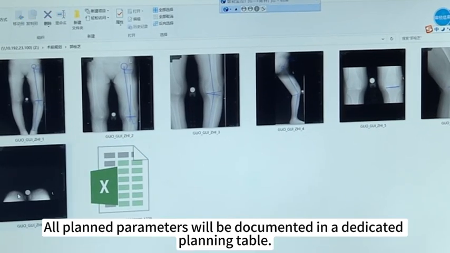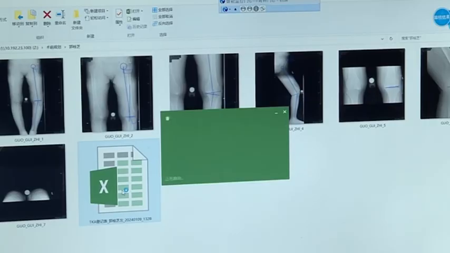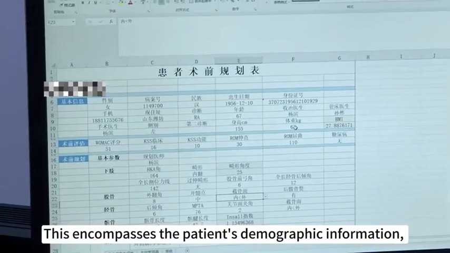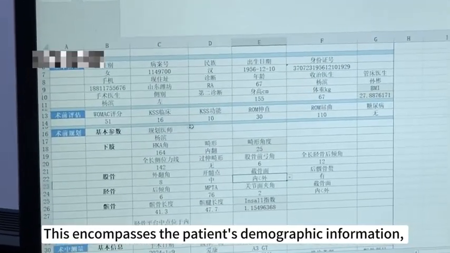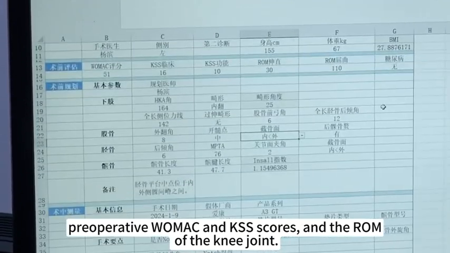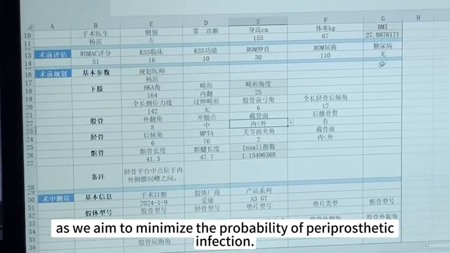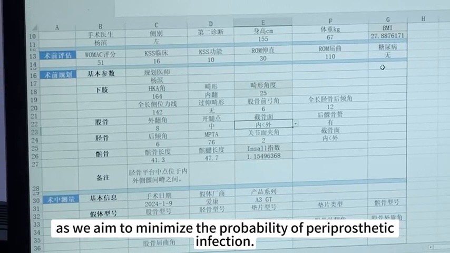All planned parameters will be documented in a dedicated planning table. This encompasses the patient's demographic information, preoperative WOMAC and KSS scores, and the ROM of the knee joint. We also need to pay close attention to the situation of diabetes, as we aim to minimize the probability of